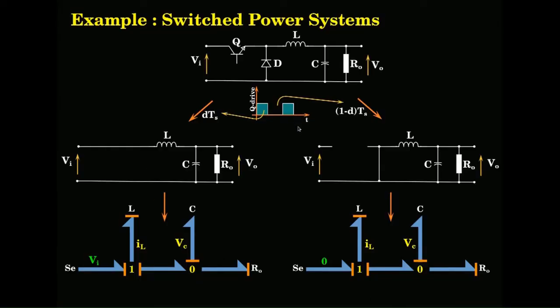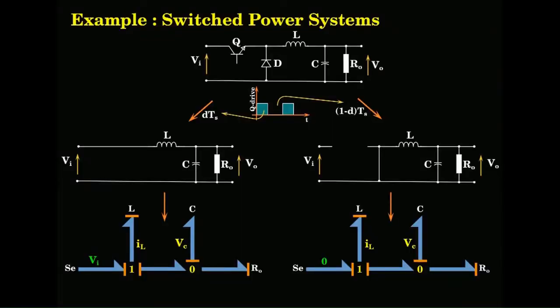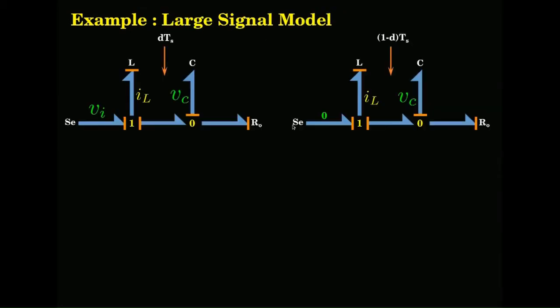So, you get the concept. Whenever there are switched junctions, you will see that the decider bonds, either the flow decider or the effort decider, depending upon whether the 1 junction is switched or the 0 junction is switched, will result in mutually exclusive units of the circuits or of the system. Draw the bond graph separately for each of the mutually exclusive intervals of time. Then we will see how we combine them. Is that clear? First step is to split the modes of operation. So, now let us see